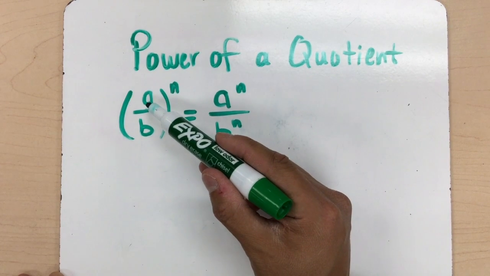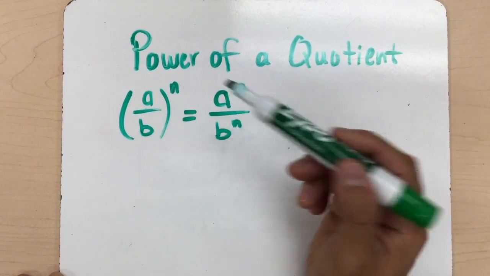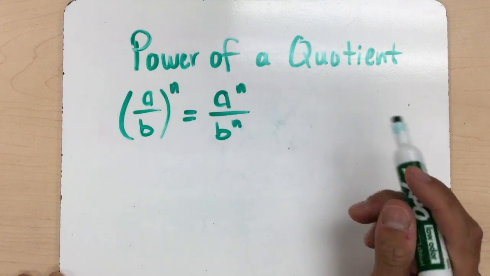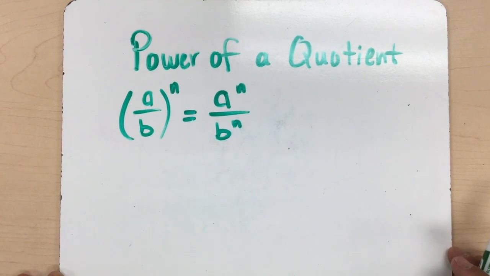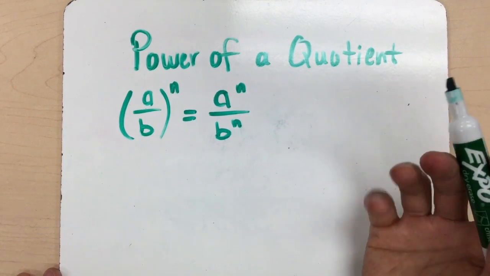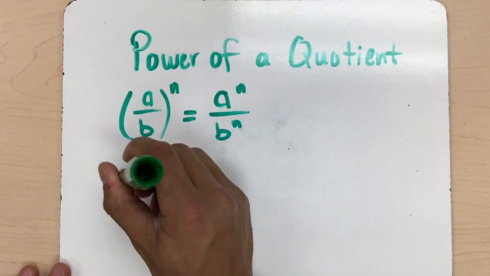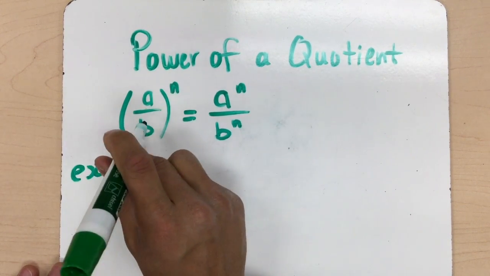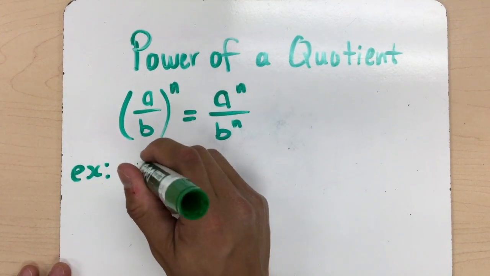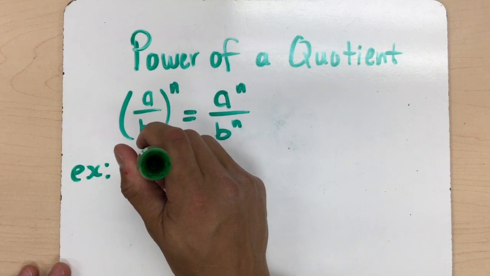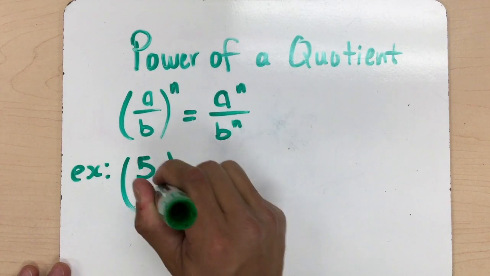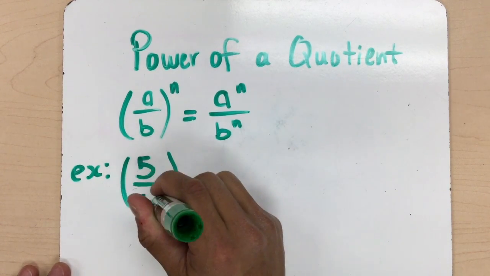So a divided by b to the power of n is equal to a to the power of n divided by b to the power of n. And what this might look like as an example is if I have a numerical value of 5, and I have another numerical value of 4